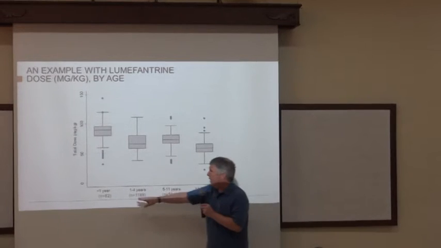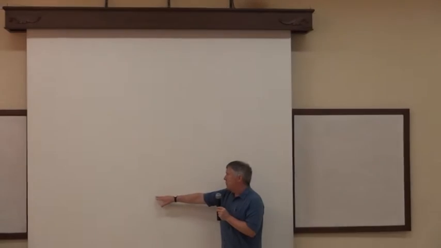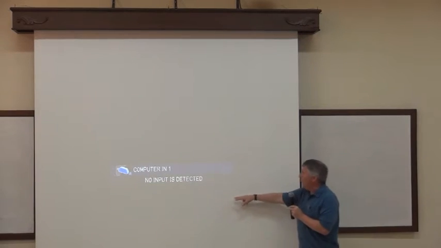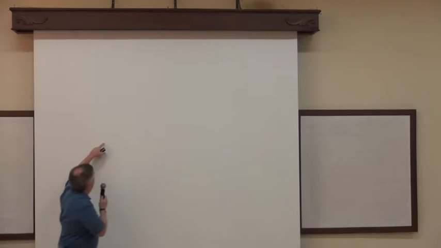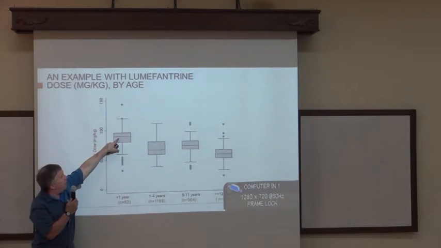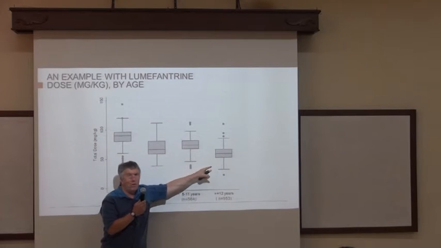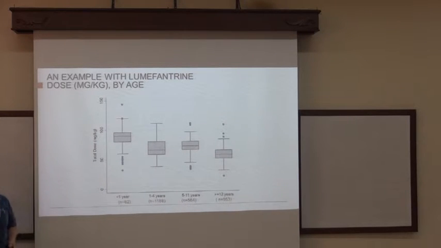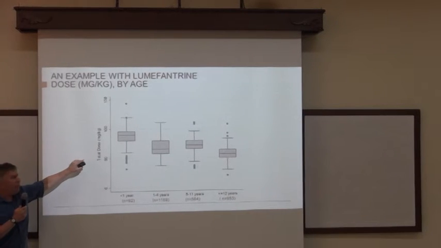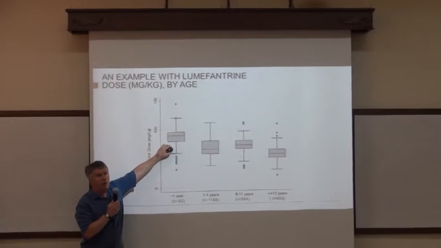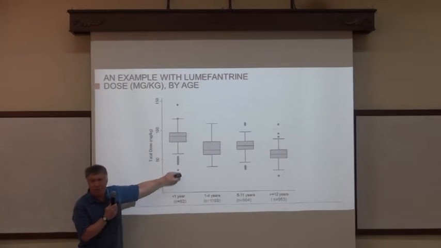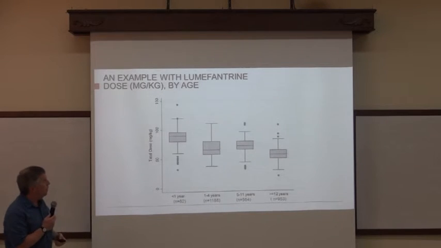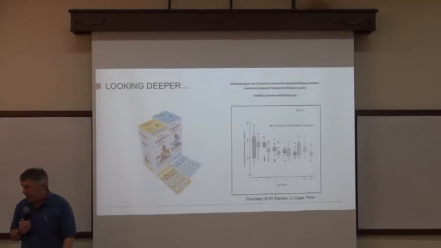And here you see different age categories. If you're under 1 year old, then a little older, a little older, a little older. One of the things you notice is the milligram per kilogram amount is higher in the youngest group. So that's kind of good, in the sense that, as long as the drug is safe, we're giving a bigger overall milligram per kilogram dose. There are some outliers here, some kids that are different, so it's important to keep that in mind. So that would make you think maybe it's the right therapeutic.